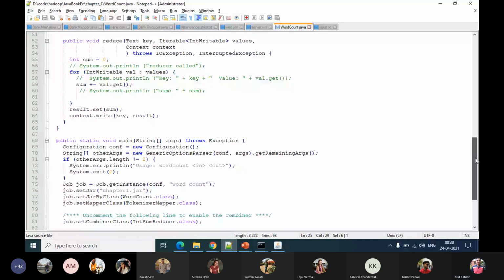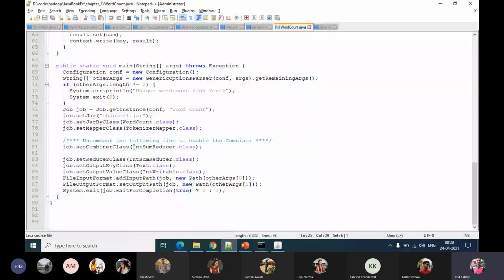So here, let's say we write our own shuffling class, so we want to do something different than the usual shuffling and combining behavior, then we can override it. But if we don't want to override and do nothing, we give the same name of the reducer class to the combiner class. Then it knows that we are not doing anything different. So it actually ignores this, or we can even comment it. So it will not override the default behavior, and instead it will just run it as it is.